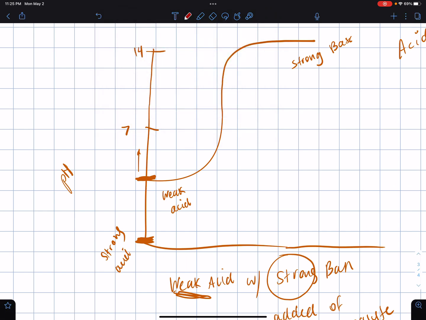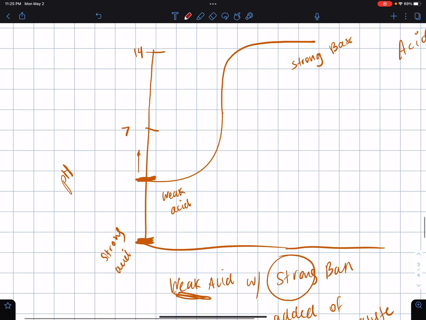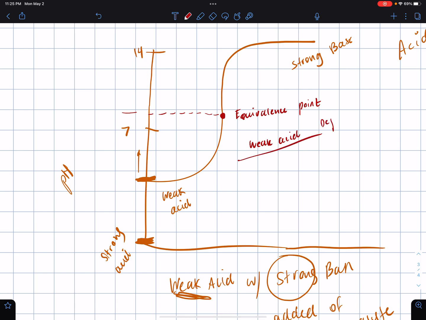First of that is this. So this is kind of like our symmetrical point of this little curve, and this is called the equivalence point. So the equivalence point is basically when we have our weak acid, right? Our weak acid has been completely deprotonated by the strong base. So say our weak acid was HF or something, and let's say our strong base was